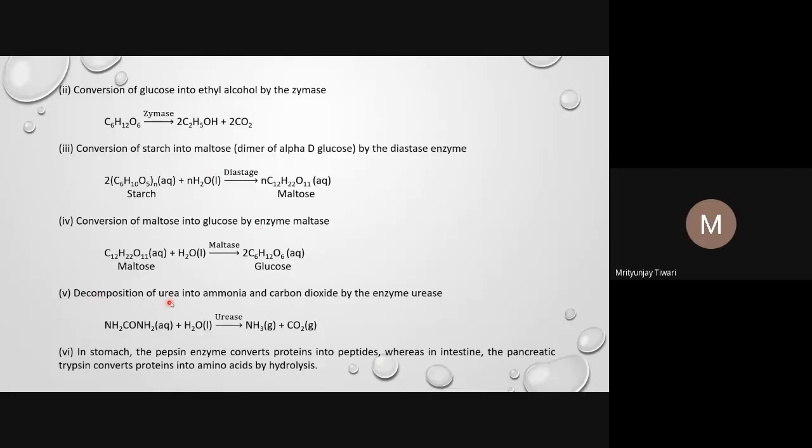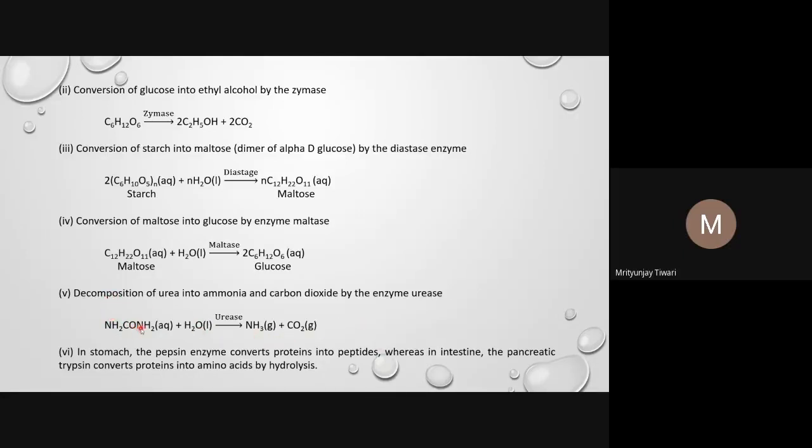Now, the decomposition of urea into ammonia and carbon dioxide by the enzyme urease. So urea is hydrolyzed in the presence of urease enzyme into ammonia and carbon dioxide. This is the urea molecule, NH2CONH2, and the functional group, you know, is amide. Because CONH2 is the functional group we call amide, plus H2O and urease. One can see this NH2 group is amine, but if the CONH2 bond is there, it's closer to the amide group, although it has one extra NH2 bond. So anyway,